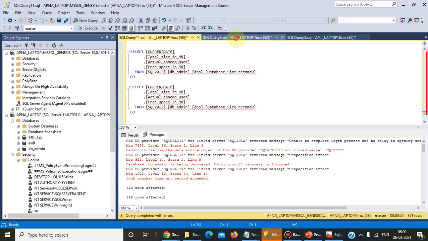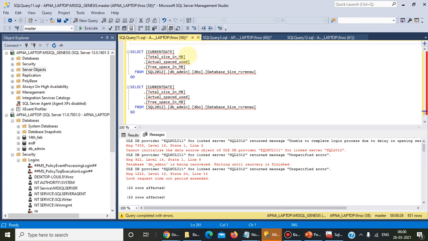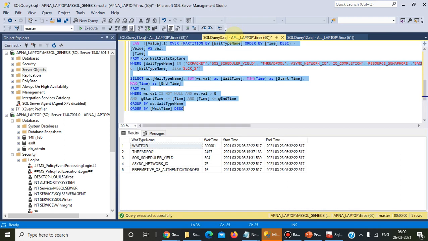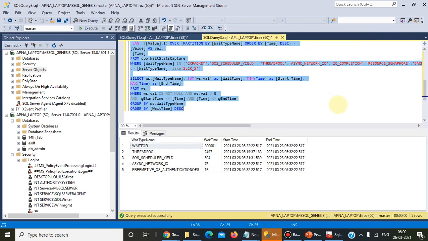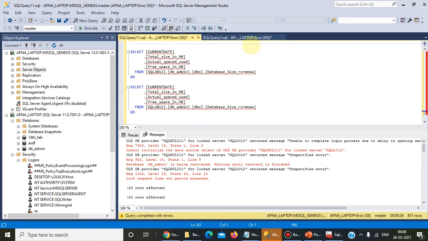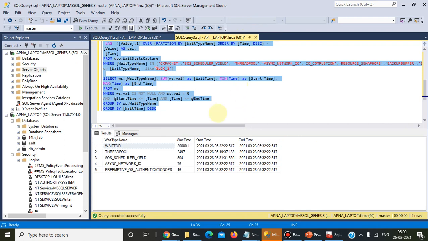This is a query related to a linked server that has been recorded as an OLEDB wait type. We have already seen this in a previous demo, right? Now we are winding up.